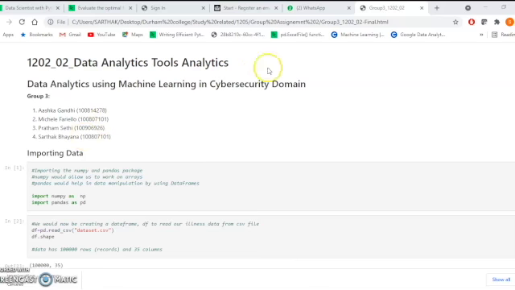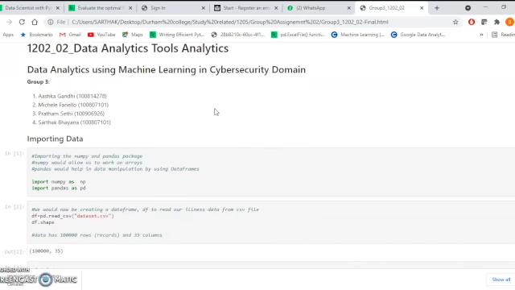Together we have worked on the cybersecurity domain and we have used machine learning techniques to evaluate the dataset. Here I would be taking you through the workings in the Python Jupyter notebook and the presentation as well, as the explanation would be later explained by my colleague Pratham Sethi. So to start with,